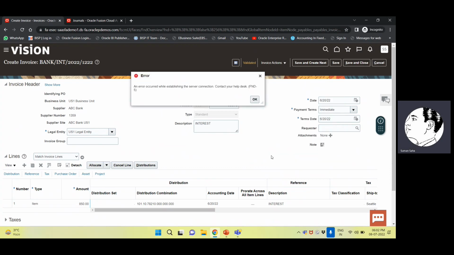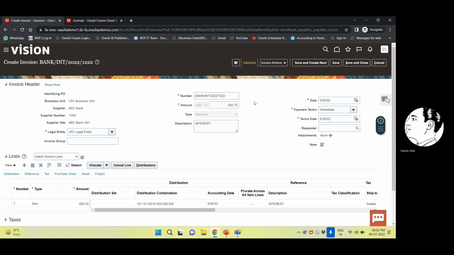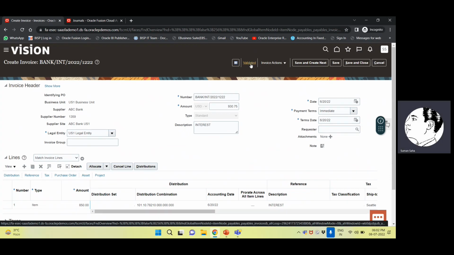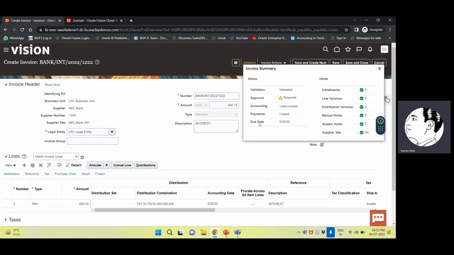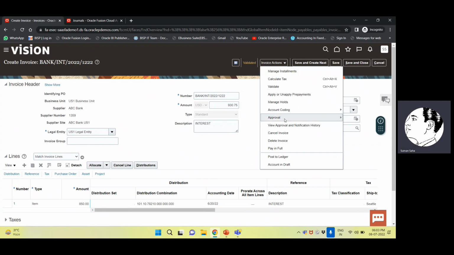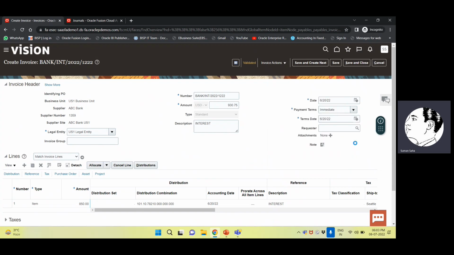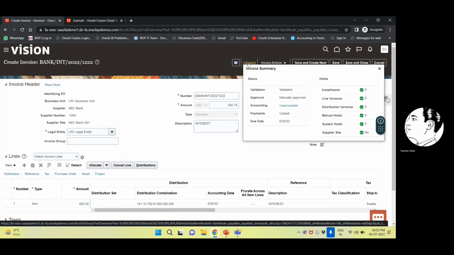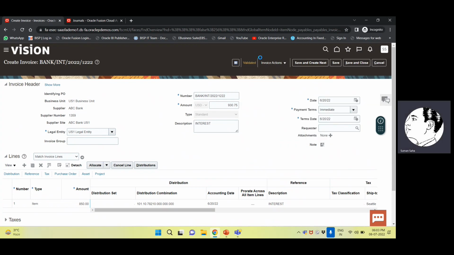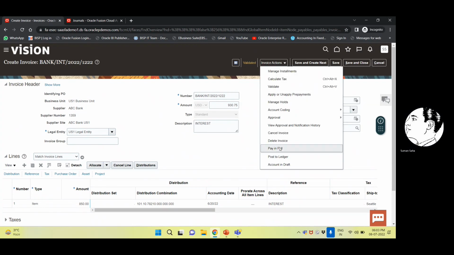I will, some issues with that. Since it's a test instance, some changes are being made. So I will approve by force approval. I use the force approval. Now you can see manually approved, but remain unpaid. So now we will